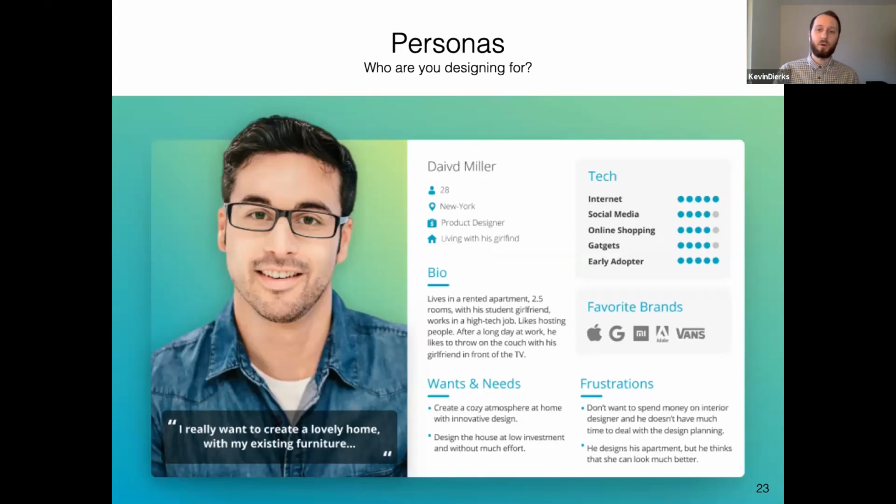And then you can see at the bottom, the wants and needs and the frustration sections are specifically targeted towards your idea. What are the pain points that you're trying to solve? What is the added benefit that you want to generate, and how does it affect this user? So also something that you can quickly write down. It doesn't have to be this sophisticated, but at least think about who you are designing for.